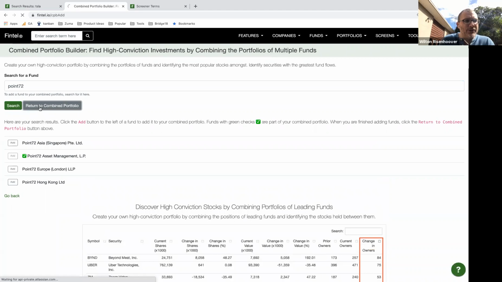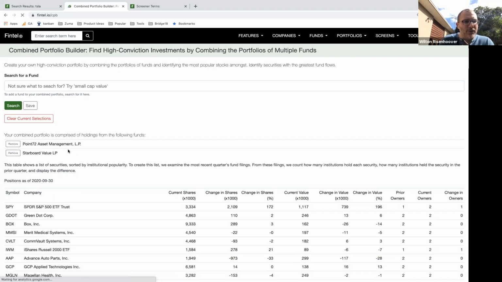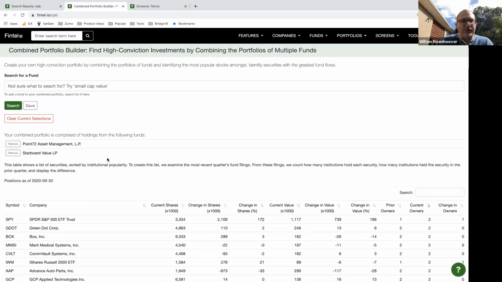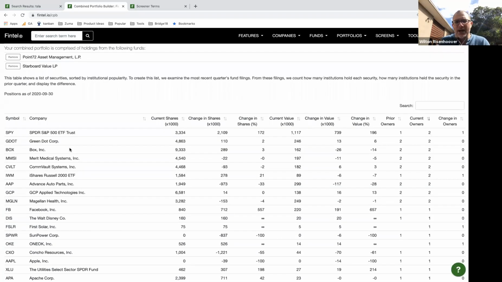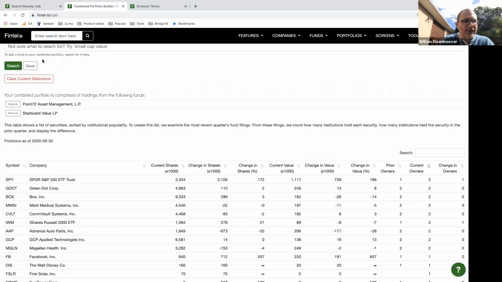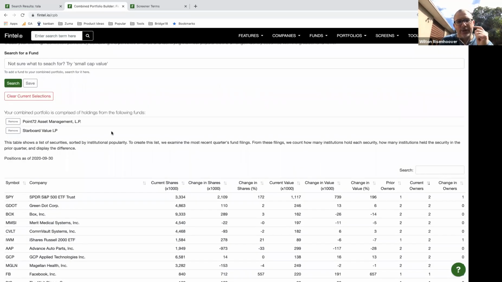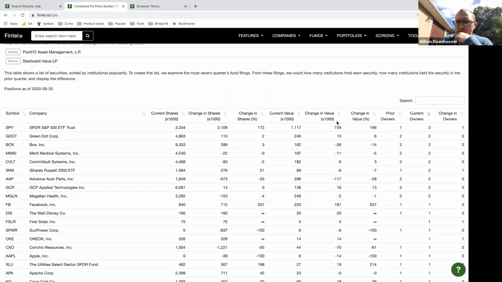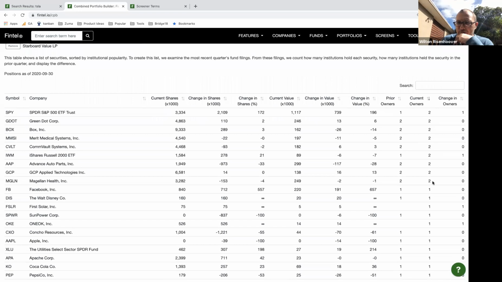And then what happens is that we take those two funds, we take the holdings of those funds, and we combine them and show you which ones are most popular or not. For example, what I've done here is I just added these two. We can also add something else if you want. In those two funds, if we sort by current owners, we can see that there are